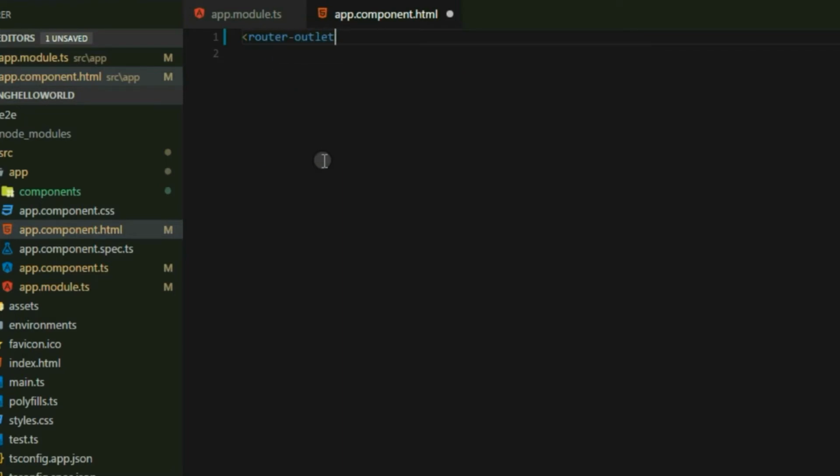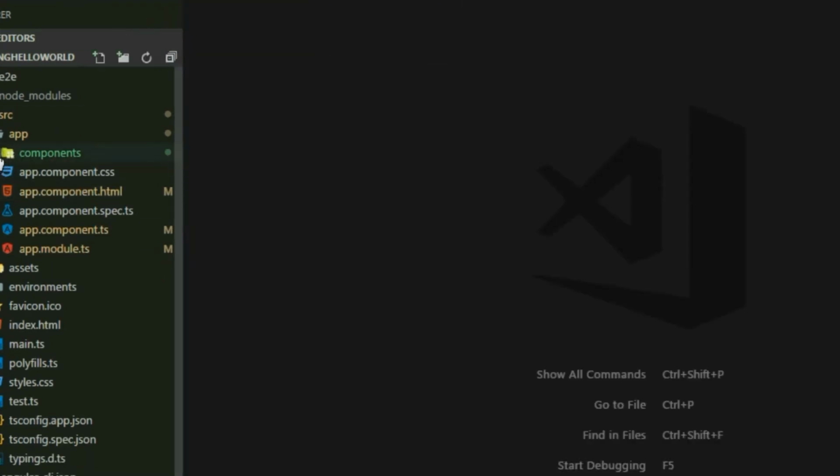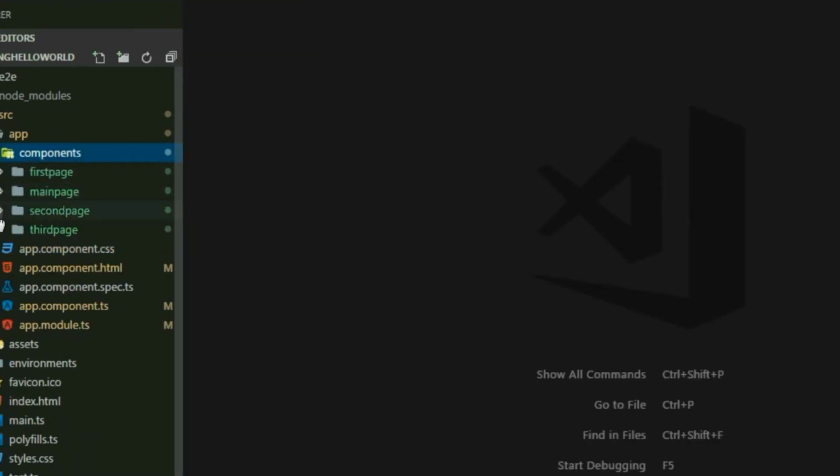So the router-outlet directive is an important concept and needs to be understood. It basically marks where the router displays a view. The router matches the URL to the route path and then displays the component out here. Close all the files once you save it, and now go to